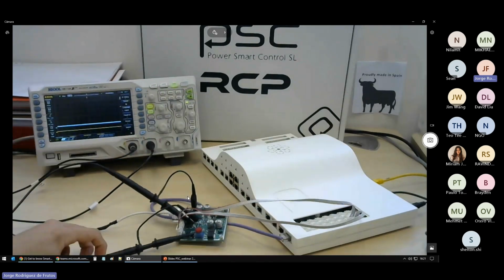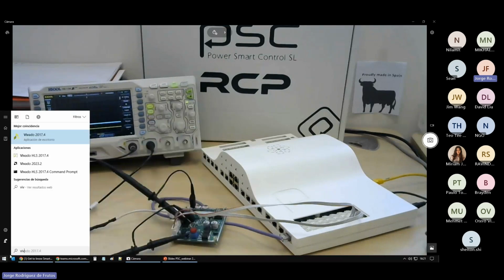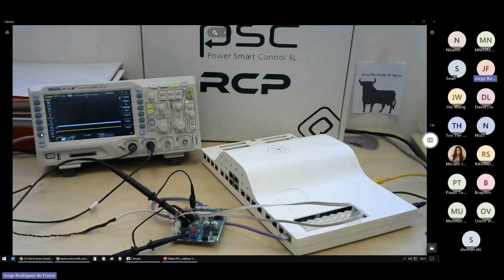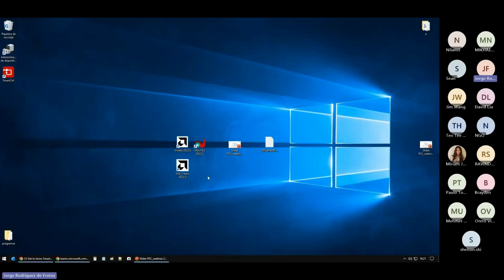Okay, so now that we have seen the hardware part, I'm going to switch to Vivado to show you the template we have created. So I will check here. Yes, Vivado. I close the camera. And while Vivado opens, I'm going to show you what we provide. We provide in here